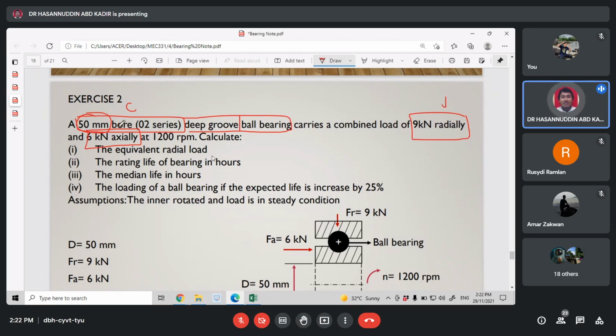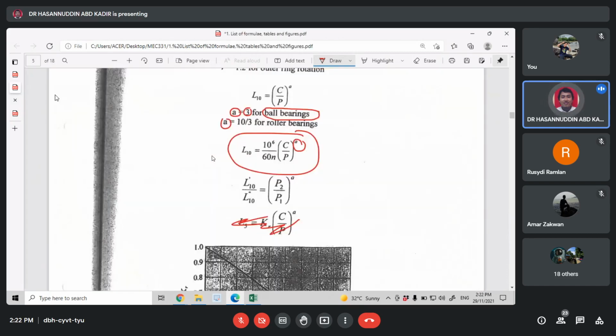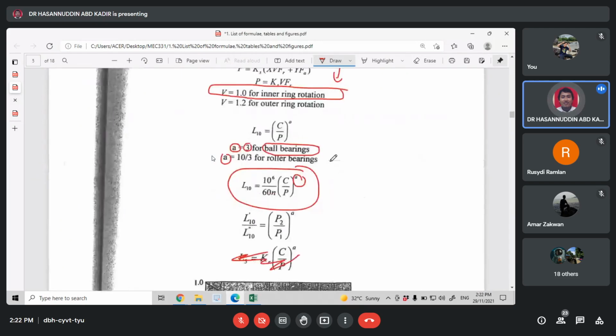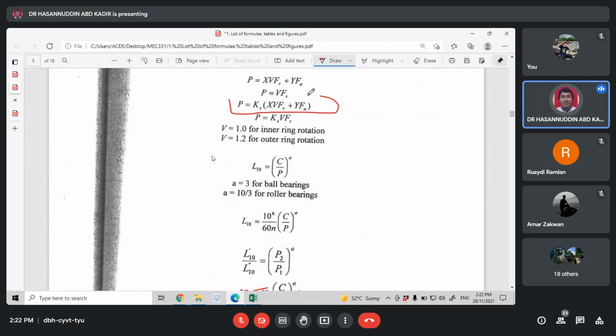So there are two loads. When you need to find the value of P, you must apply this formula, because they have both a radial and an axial load. So it is difficult to escape here; you need to find the value of Y and also